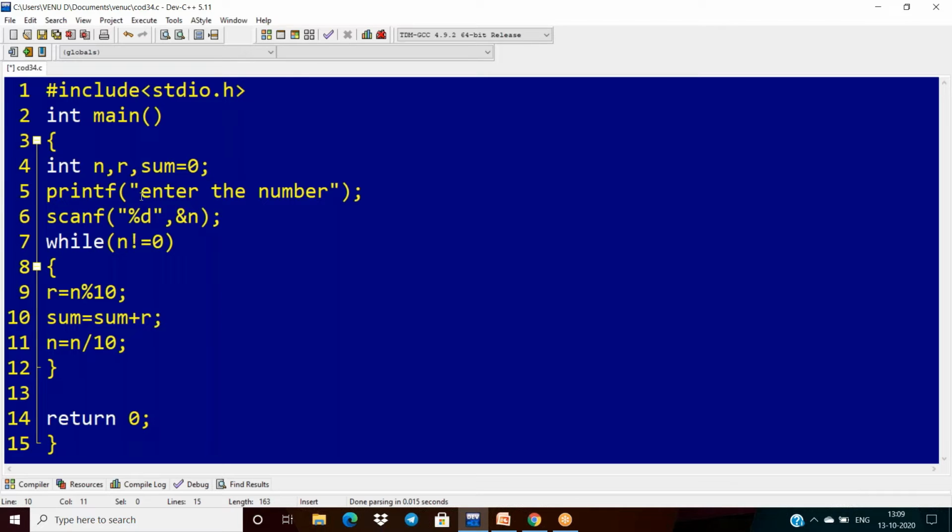First the sum is added with the first digit, then the next digits, and like that the total sum is available in the variable sum. So finally print that sum: printf the sum is %d, sum.